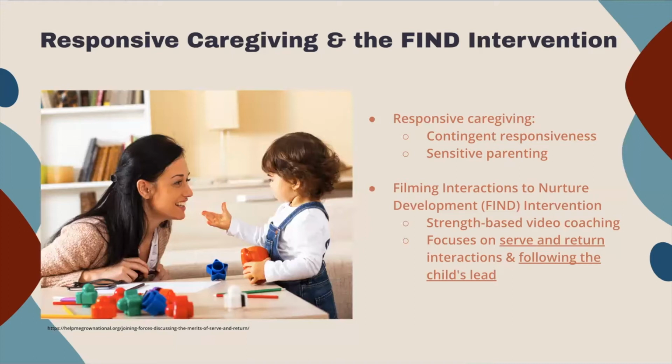Another theory of responsive caregiving is sensitive parenting. This focuses on the idea of improving secure attachments and following the child, meaning that caregivers are sensitive to child cues and respond supportingly. In my lab, we have the Filming Interactions to Nurture Development intervention, also known as FIND,